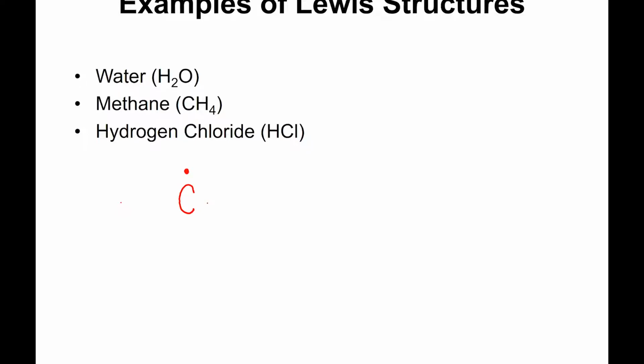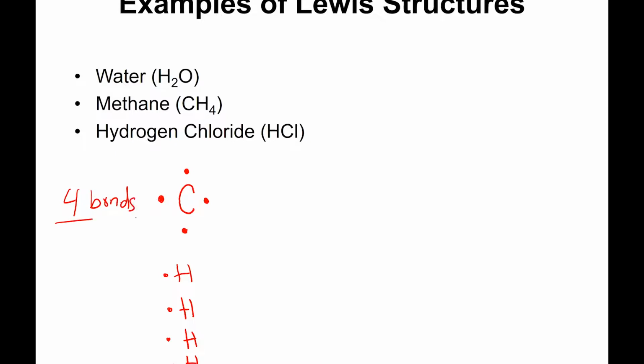Each electron singular until I get to 4, and then pairing after that. In this case, there are only 4, so 1, 2, 3, 4. So I will stop. And then I have 4 hydrogens. So based on what I said before, how many single bonds will carbon want to make? There are 4 unpaired electrons here. So it will make 4